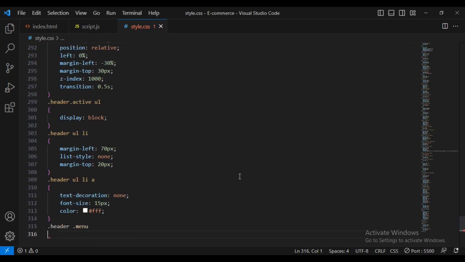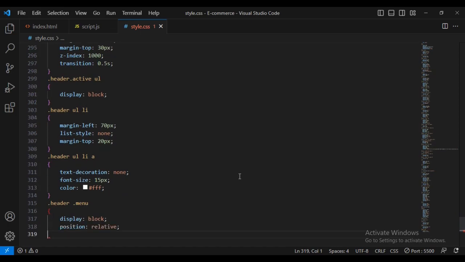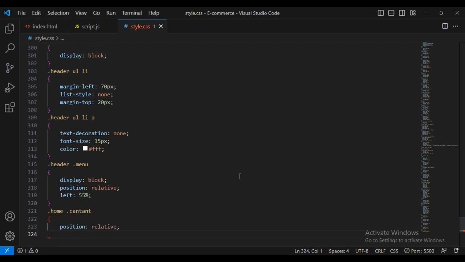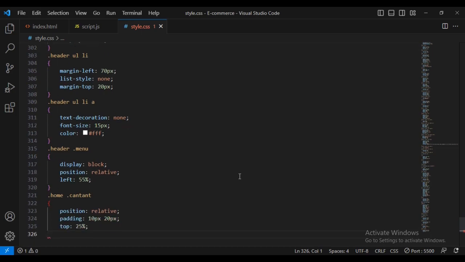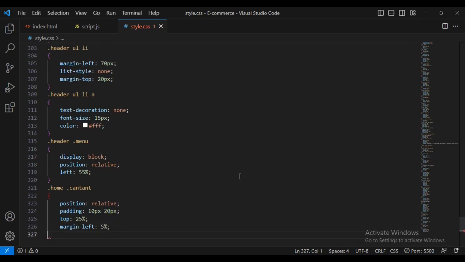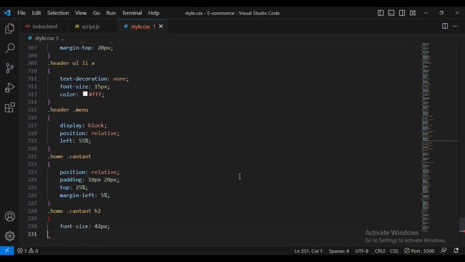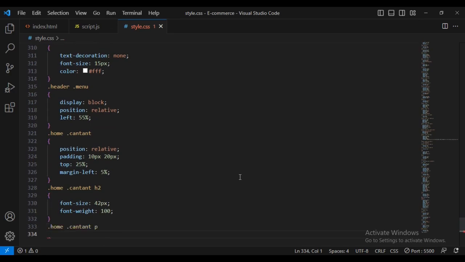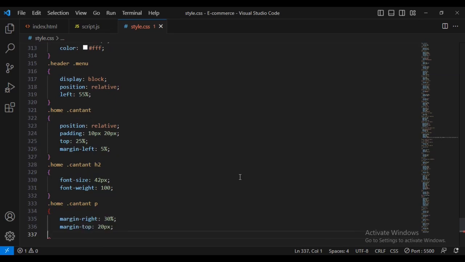Then let's start the header menu. Let's set it to display block, position relative, left 55%. Then let's start the home content: position relative, padding 10 and 20 pixels, top 25%, margin left 5%. Then the h2 text to make it mobile responsive: font size 42 pixels, font weight 100. Then we also want to start the paragraph text: margin right 30%, margin top 20 pixels, margin bottom 20